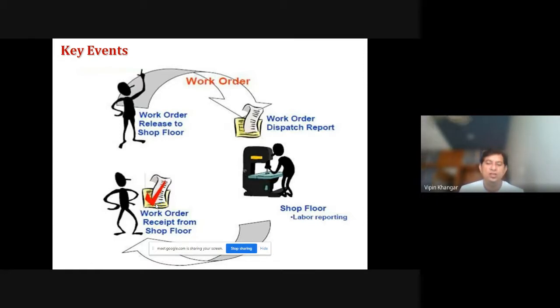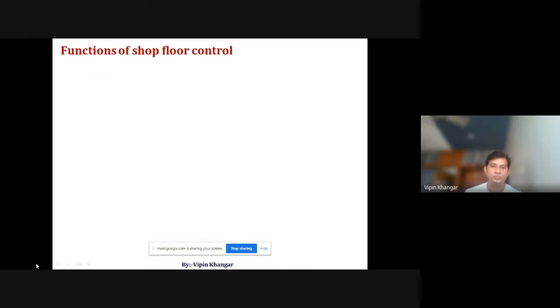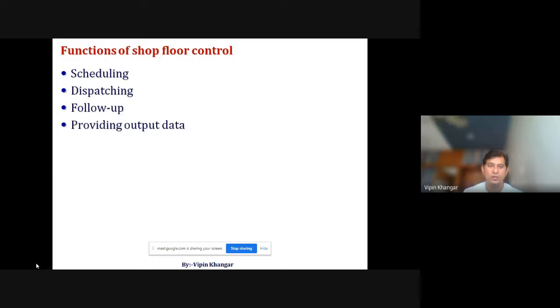So we need to check and control the activity, and then we take the receipt so that the work has been completed. Now we'll see what are the functions associated with the SFC or production activity control. Basically the functions are scheduling, then dispatching, then follow up, then providing output data, and providing